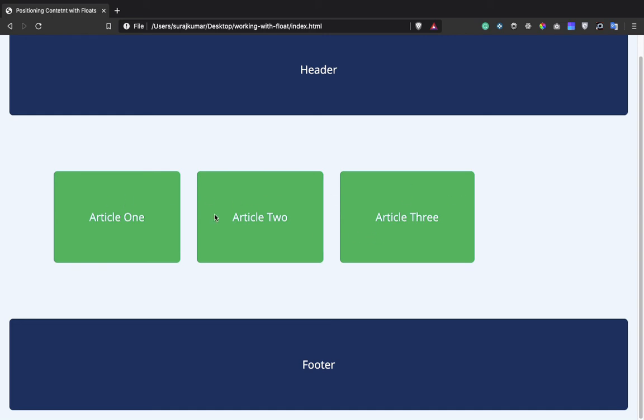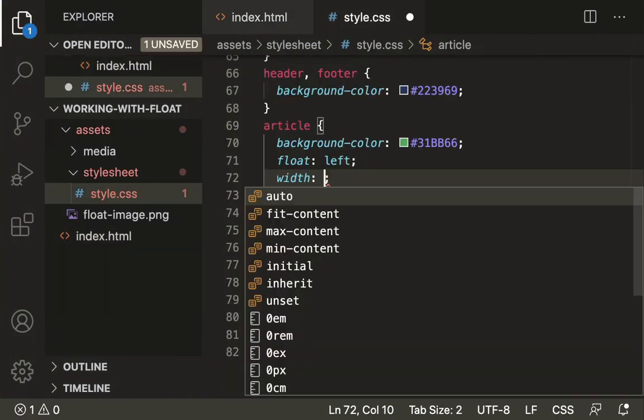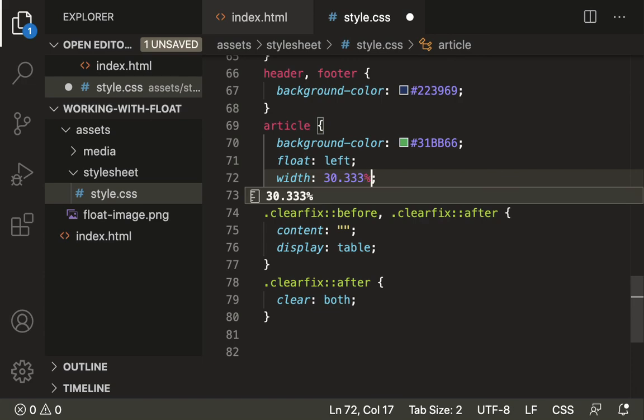So for that purpose, we need to apply some width to the articles. As we know, we have 1.5% of margin also. So now let's calculate how much width we need to apply on each of these articles. So we have here 1.5, 1.5, that is 3%. Again here 1.5, 1.5, 3, and again 3. So 3 times 3, we have 9% in the margin, and we are just left with 91%. So the 91% we need to divide between these 3 articles. So one article will get a width of 91% divided by 3, we can say 30 point something, 33%. So alright, save the file and now check out our page here.